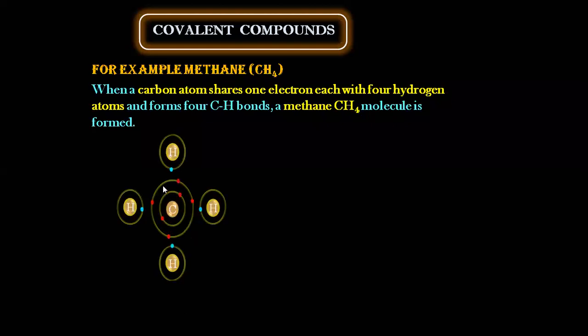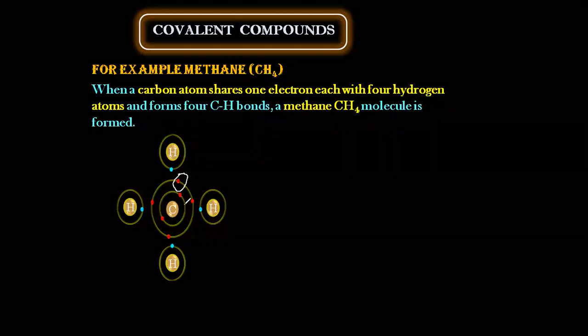अब इस कार्बन का फर्स्ट शेल में तो 2 इलेक्ट्रॉन्स है. And remember, whenever a reaction takes place, do not concentrate on the electrons which are in the center. Electrons present in the last shell participate. अभी यहाँ पे देखो, this 1 electron, this 2 electron, and this 3 and 4. These are the 4 electrons in the last shell of carbon, right? They need 4 more. And वो 4 कहाँ से आएगा? By different 4 hydrogen atoms.